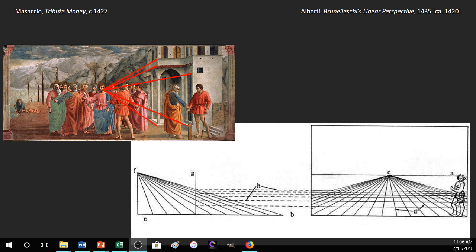Right? Now, when it comes to using perspective, we mentioned at the end of class that Masaccio is rather crafty about this. And you can choose your vanishing point, which in this diagram, this is an actual diagram from Alberti's treatise on painting called De Pictura from 1435. The vanishing point is C on the diagram, and you can put it anywhere on the canvas, right? It doesn't have to be in the middle. So, for example, with Van Eyck's Annunciation in the National Gallery, it seems as if it's off to the right, right? It orients how you look at the picture and where you start to move your eyes. And what Masaccio does is he puts it right at Christ's head,